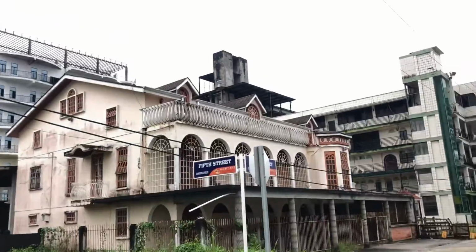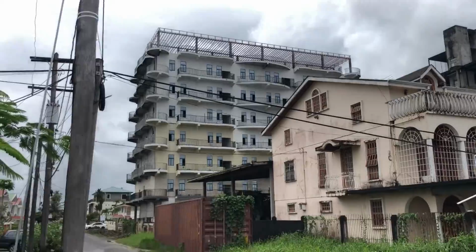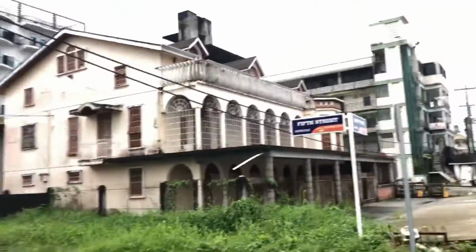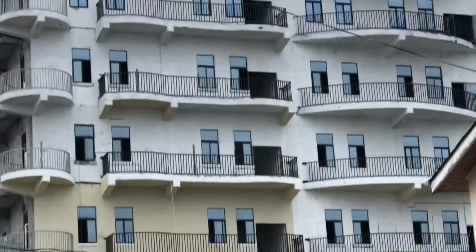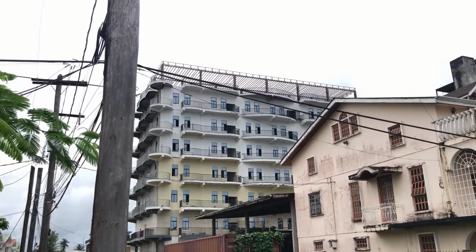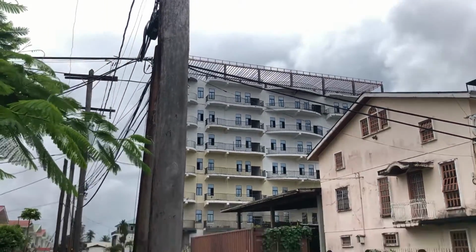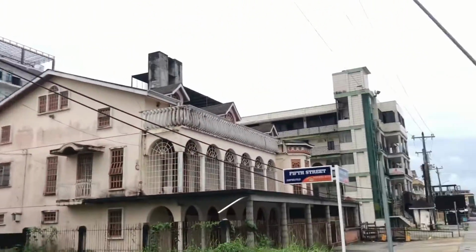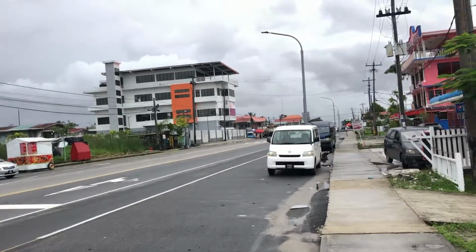Alright, this is 5th Street. So this is the building I was talking about. Apparently somebody probably bought it. It was under construction for about 15 years here on 5th Street, and now they've resumed construction. It seems as if they've painted it and put on balconies since the last time I was here. So it seems as if it's going to be some kind of a condominium or maybe hotel. So that's what's happening here, guys, on